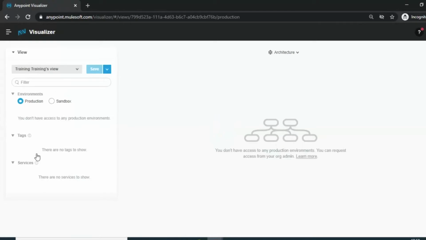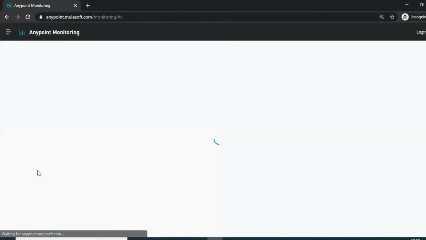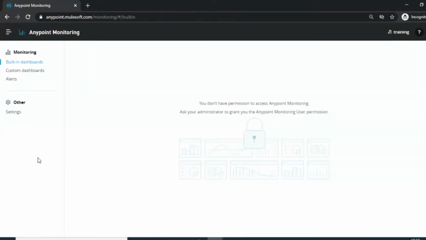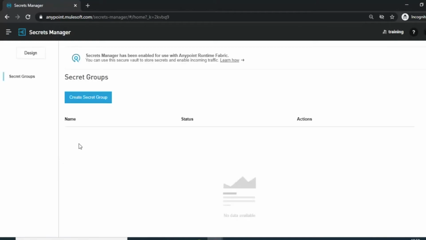This will provide you real-time visualization of your APIs. You can see visualization of production and sandbox environments. Now click on the sidebar menu again and click on Monitoring. Here you can monitor your integrations or APIs. Click on the sidebar menu, Secrets Manager. You can store your secrets over here.